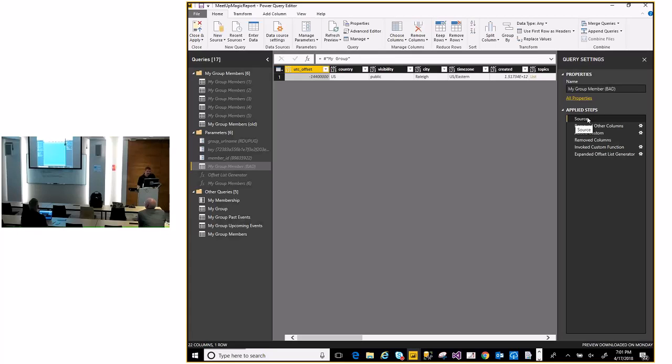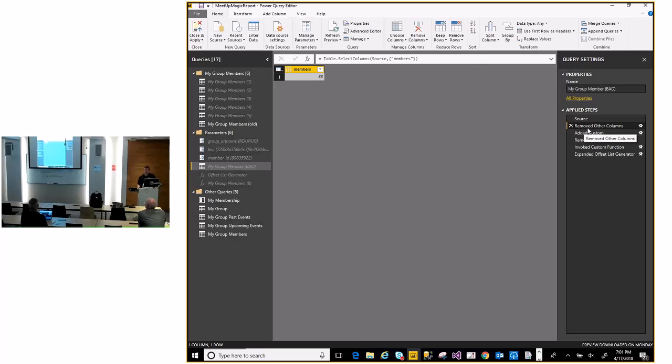So the way I started this is I made a copy of that same group table, that first row of output. The next thing I did is I removed all the other columns for the sake of confusion, and now I've just got that core number that I want to calculate off of. Then I added a custom column, and that column arrived at 5. So because we only have 88 members, and one request will satisfy 200 members, I self-inflicted that it would only take 20 as a result set.